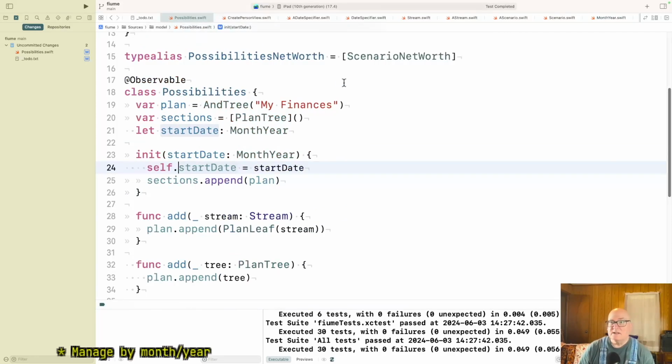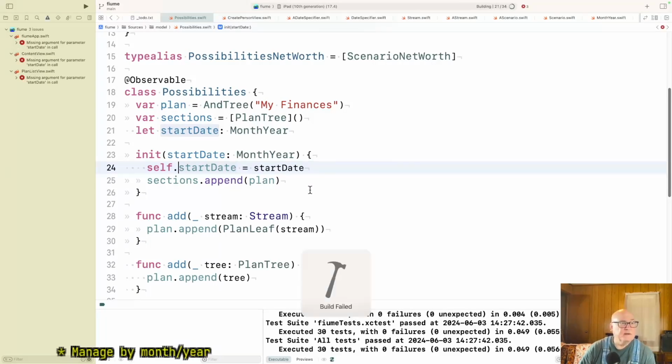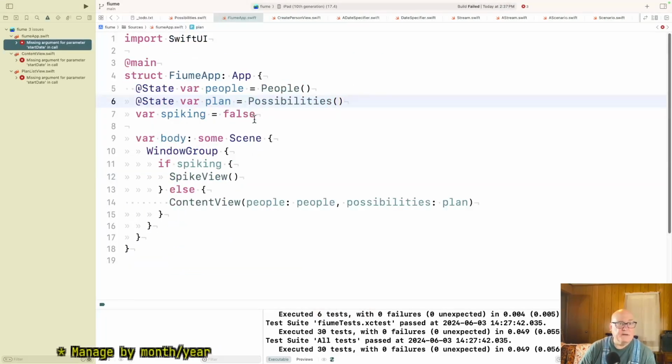Now, I believe content view. Well, no, any test as well, but let's do a build. I think content view may be the only one that shows up. View map. Okay.